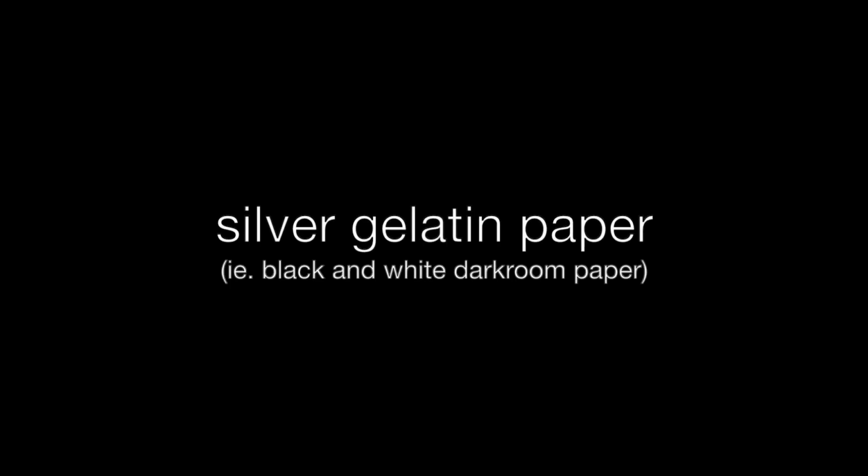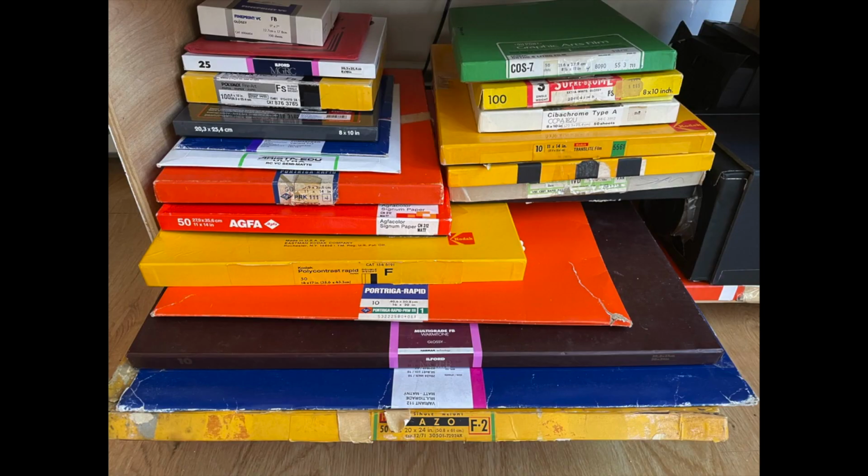So first I'll take you through just the basic lumen printing process. You're using silver gelatin paper, which is just black and white darkroom photography paper. Here's my stash. Normally this paper is used in a darkroom under a safe light, with a negative being projected onto the paper, exposed for just a few seconds, and then developed using darkroom chemistry to make a black and white photograph. So with lumen printing, you're using sunlight instead and exposing it for anywhere from a few minutes to